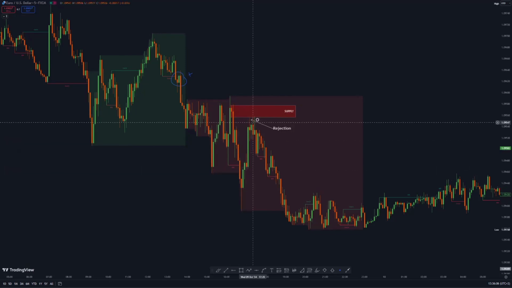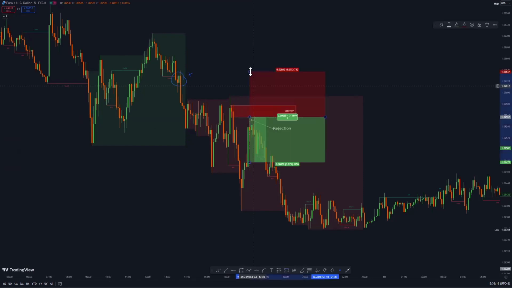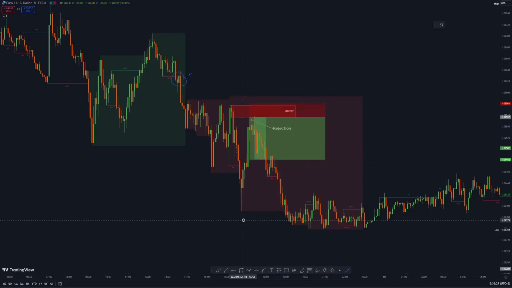We have a beautiful supply there. The market pushed to the downside, it broke structure, and then when the market came back, we had some rejections, which is a sign that the market wants to respect that supply area. Okay, again, you can go 1:3, or you can look at the previous low if you are going to leave runners in the market. So guys, you have to look at these things